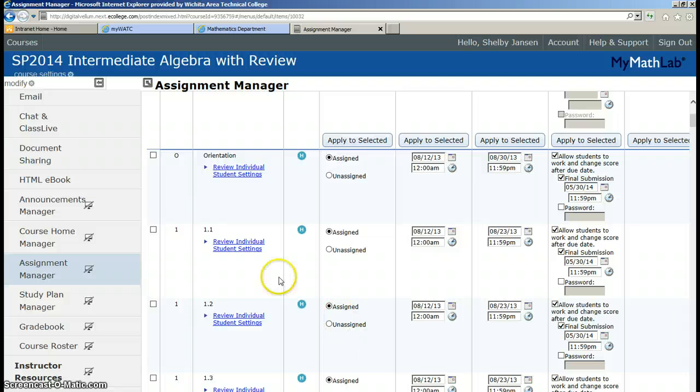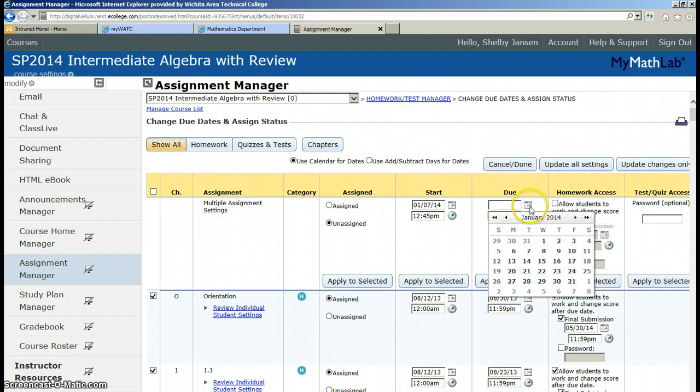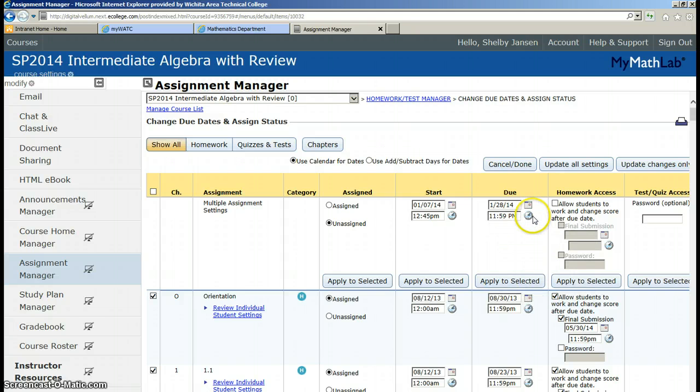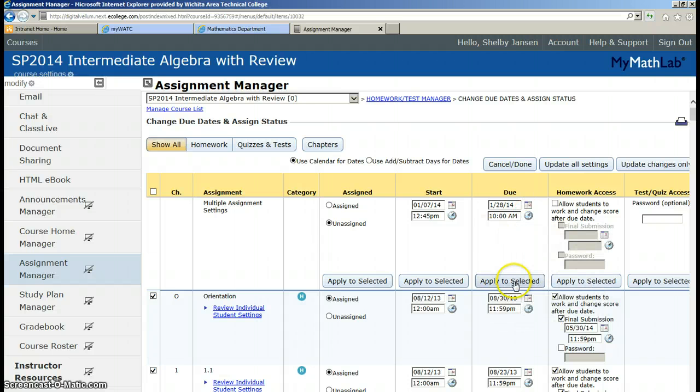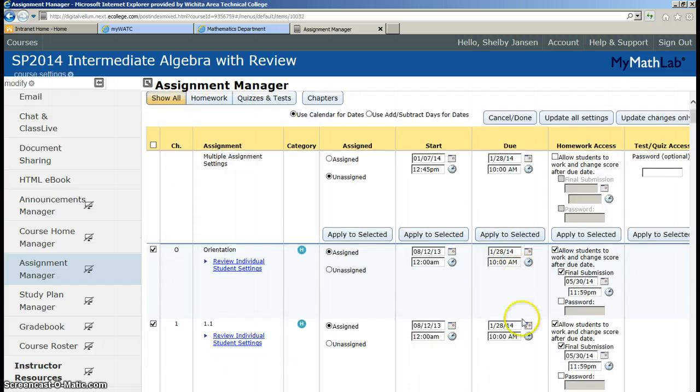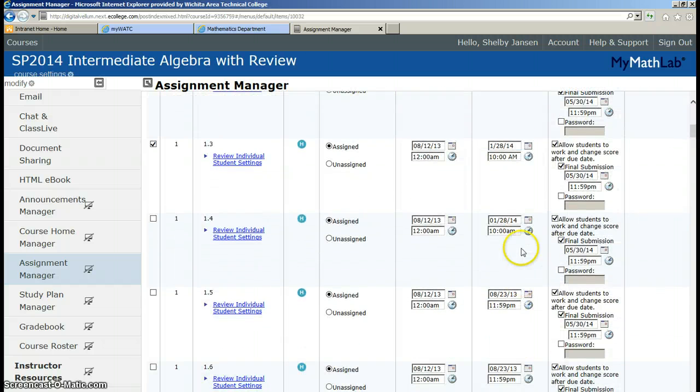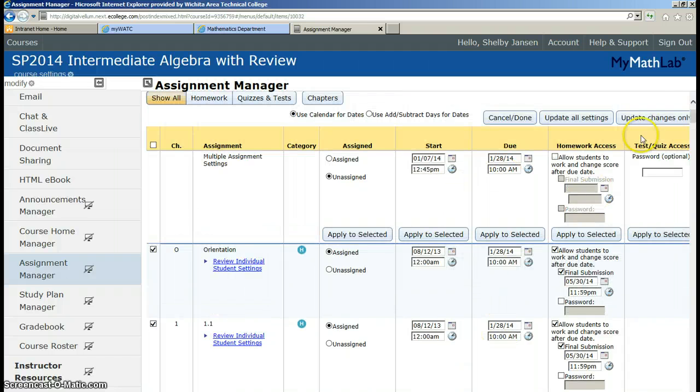So maybe the first day of class, we talk about 1-1, 1-2, and 1-3. And so I want those to be due the following class period. So let's say I meet on Tuesdays. I want them to be due the following Tuesday. Class meets at 10:45, so I'm going to say 10 a.m. Apply to selected. Now you'll see that only got applied to the ones that I had checked. So now if I update changes,